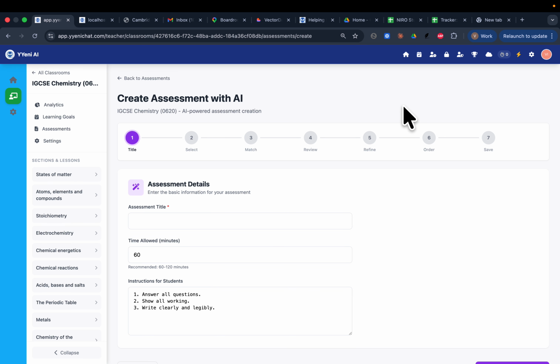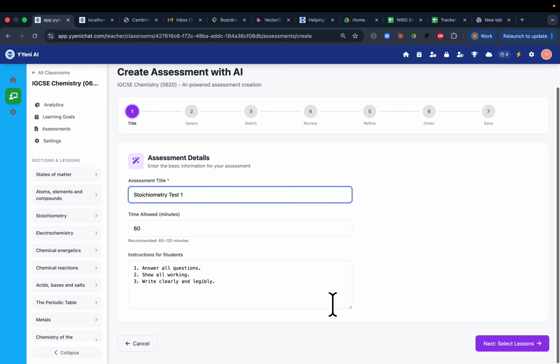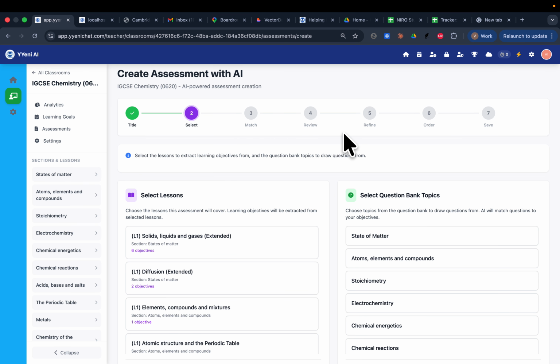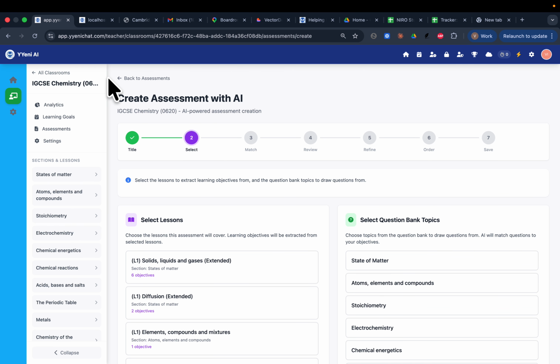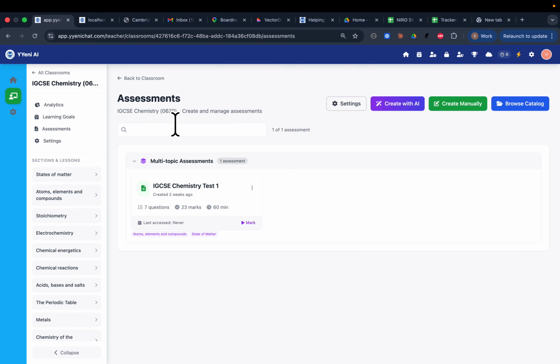And so you still create the assessments in the same way. You go through this workflow where you give the assessment a title. Let's say in this case we want to create a stoichiometry test 1. You still go through the same workflow. You pick the topics, you match, then you review, refine, you order, you save. Okay, so just the same process still, but once you have done that and you've saved the assessment, it will